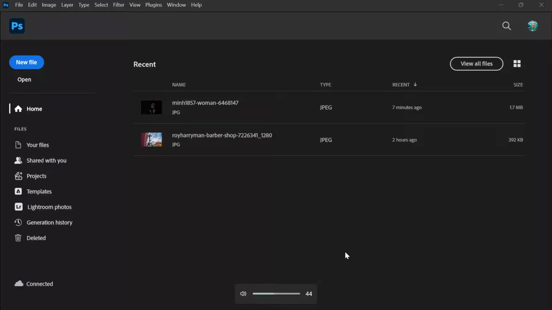If you need to edit a whole folder of images in Photoshop one by one, this tutorial is going to save you a huge amount of time. Today I'm going to show you how to batch process images in Photoshop using actions so you can record your edits once and apply them automatically to lots of files. This is perfect for resizing photos, adding a watermark, making color adjustments, sharpening, or creating a consistent look across an